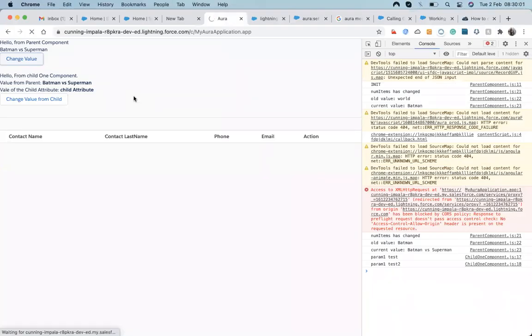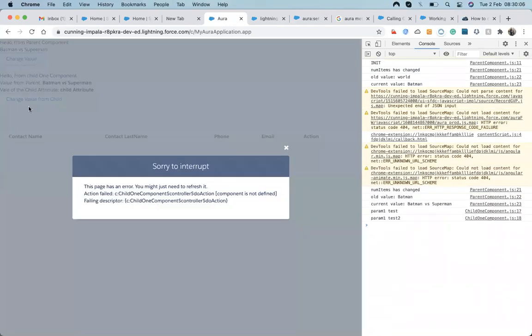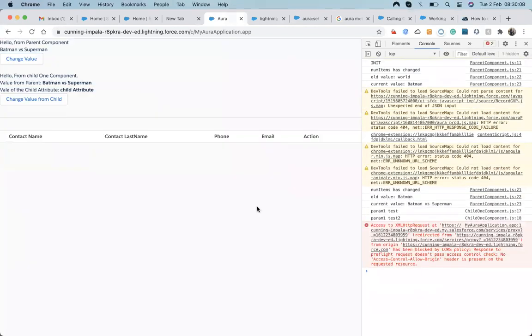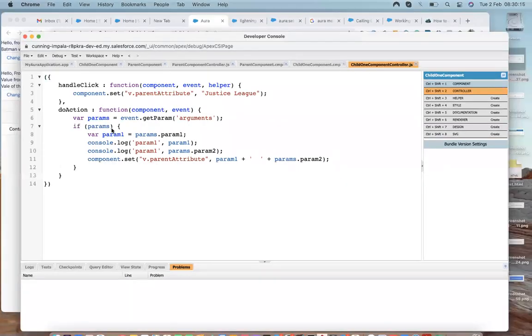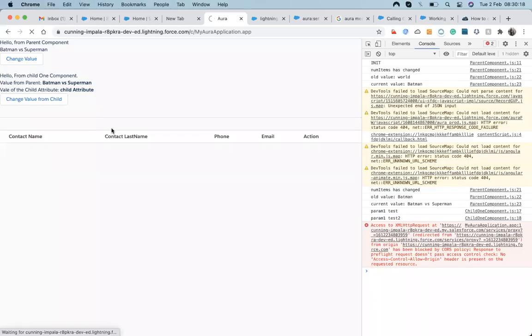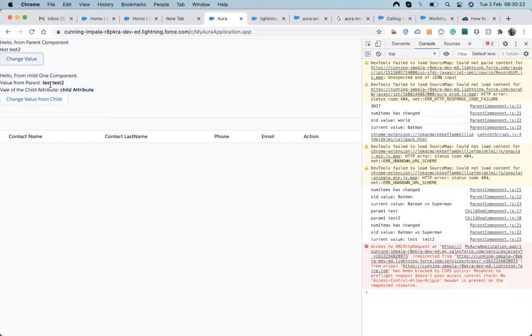So once I refresh, oh, component is not defined, it's cmp. Let's put component. Yeah, you can see that test1 and test2 got changed.